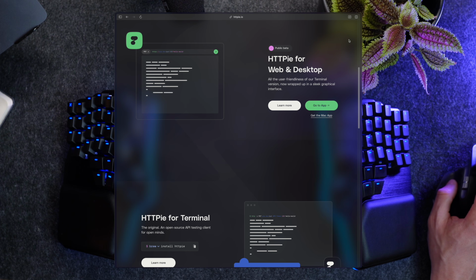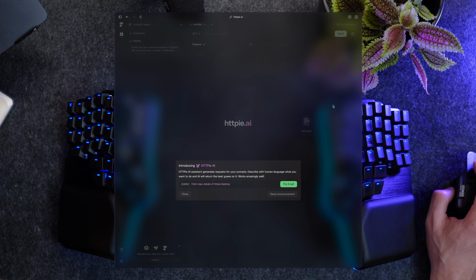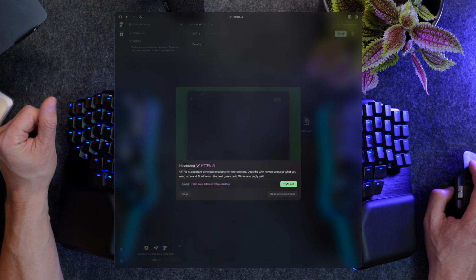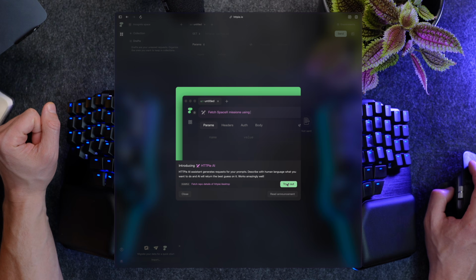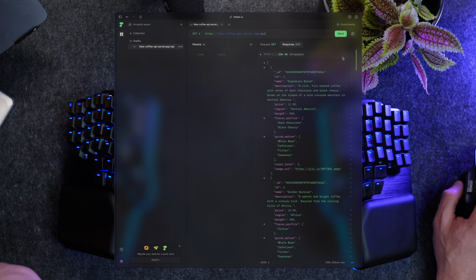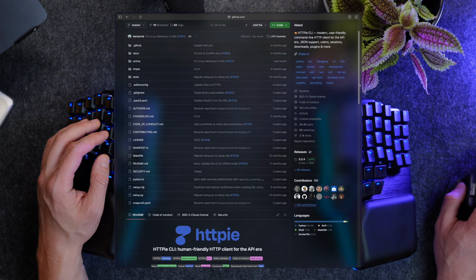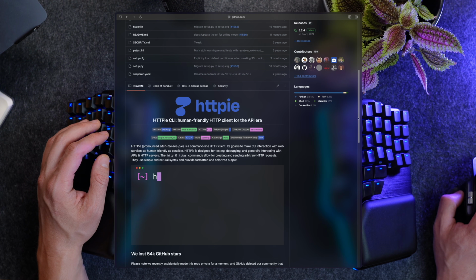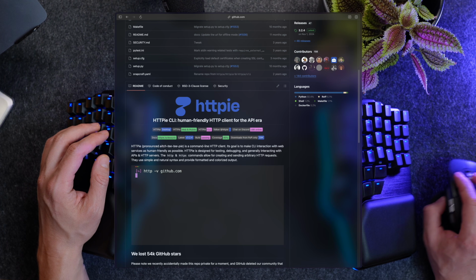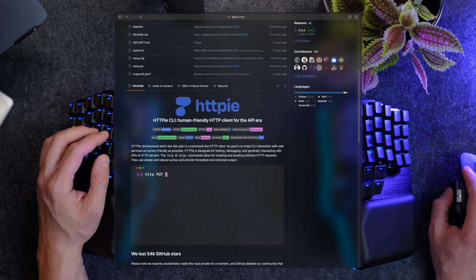So while the desktop version of Httpie is an open source, the CLI has always been. You can get the desktop experience in an incognito web version, and as for their CLI, while it is the OG of simplifying terminal HTTP requests, I prefer XH for the simple things, but I much rather use an even better option for bigger projects.